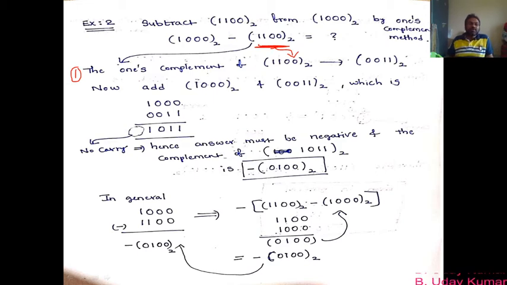Now coming to the second step, after writing the one's complement of the binary number which is getting subtracted, that has to be added with this 1000. So its complement we have written now. We got 0011, and this has to be added to 1000 now. So that is what we are doing. Add 1000 to the base 2 with the one's complement of 1100. That means 0011 and 1000 have to be added.